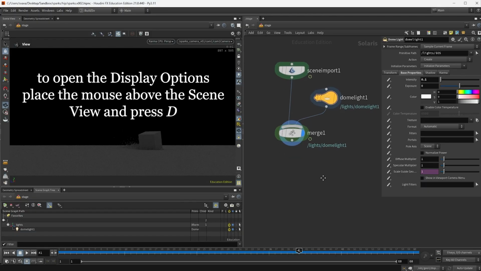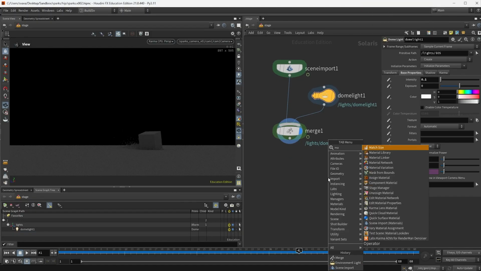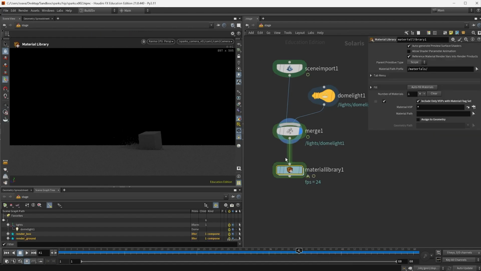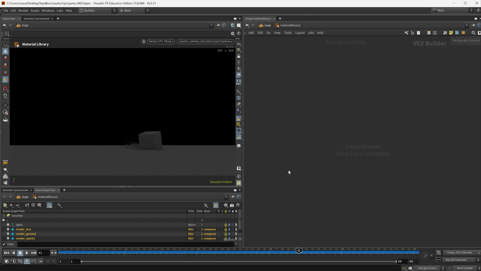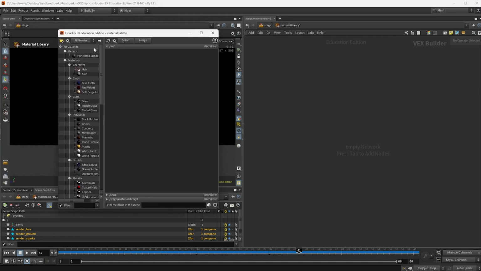Now let's give some shaders to the objects. So I'm going to put down a material library. And dive inside. And I'm going to open up the material palette. And I'm just going to put down 3 principal shaders.